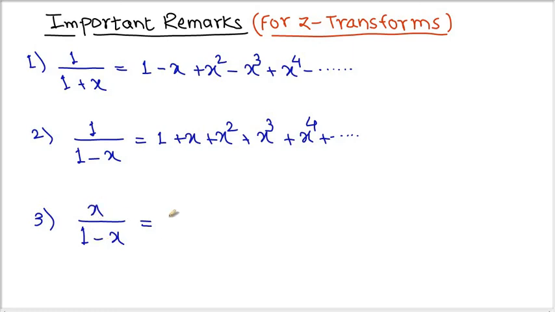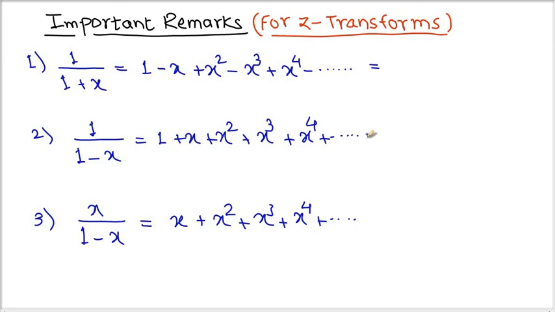While expanding this, you have to start with x. Same concept again: after x, the increasing powers of x will be x square, then x cube, then x raised to 4, dot dot up to infinity. Here also all term signs are positive, so no need to give alternate signs, right?